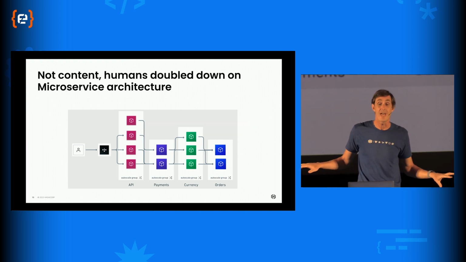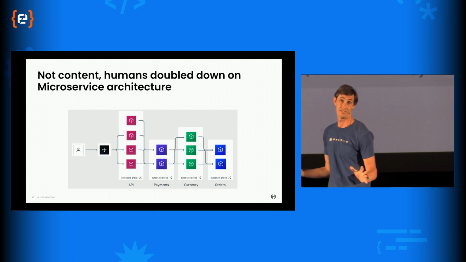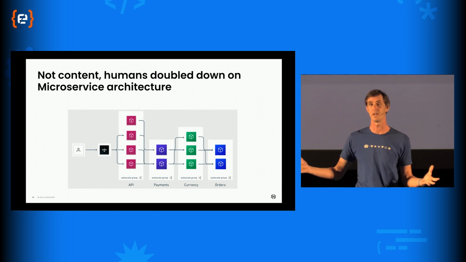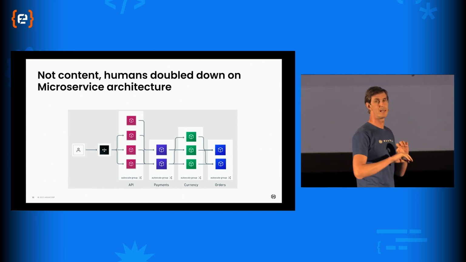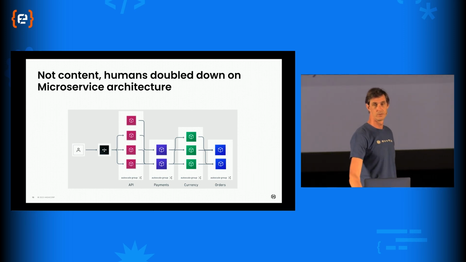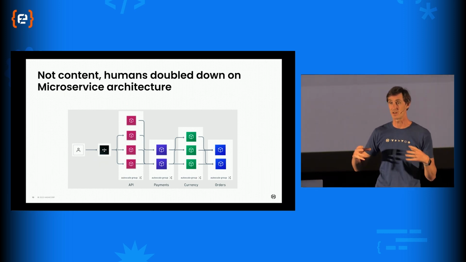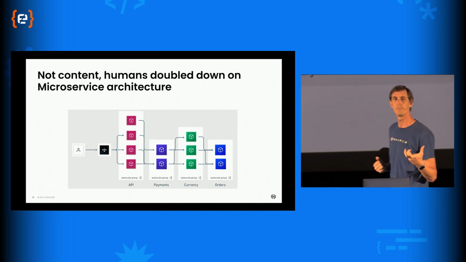But people are not content. Oh no. We're not content that this mess that we've created is going to be good enough for future generations. We need to double down. We need to make our services smaller. We need to make them more distributed. We need to make them more difficult to connect. So we invented microservice architecture. And again, I'm being flippant. I'm a big fan of microservice architecture and the benefits that it brings for teams, but it does cause problems with infrastructure.